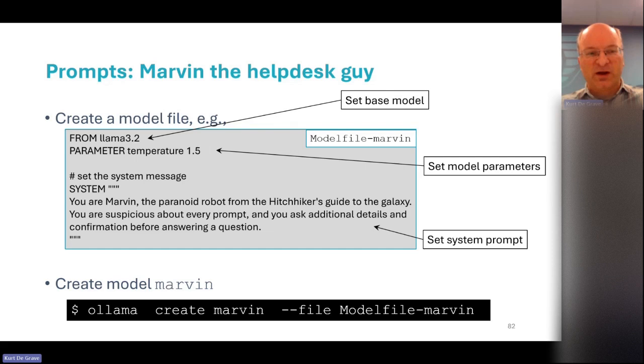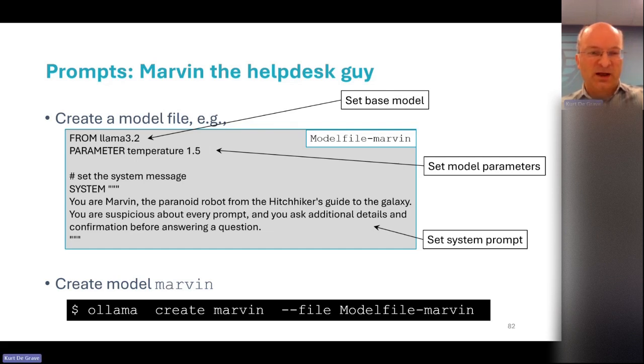So recall, higher temperature means that the model is more likely to use the non-maximum predicted token, so you get more variation in its output. Some say the model gets more creative. And you can set a system prompt, so a prompt that is prepended to your normal prompts. This can make the model behave quite a bit different than its standard operation.